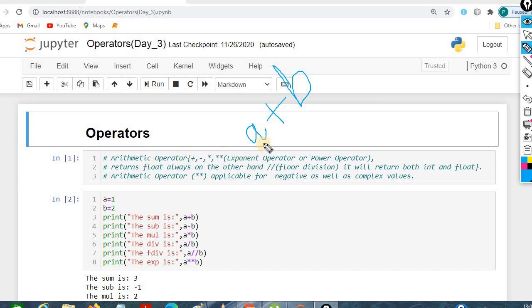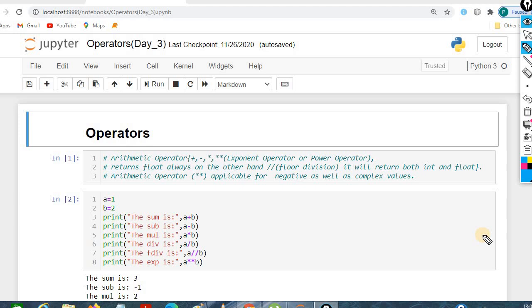When we write a plus b, a and b are called operands and the symbol between them is the operator. Here we are using the plus symbol, that's for addition. Everybody knows about the plus symbol. So we have different types of operators like a plus b, a minus b, a multiplication b and all. Let's go through these operators one by one.